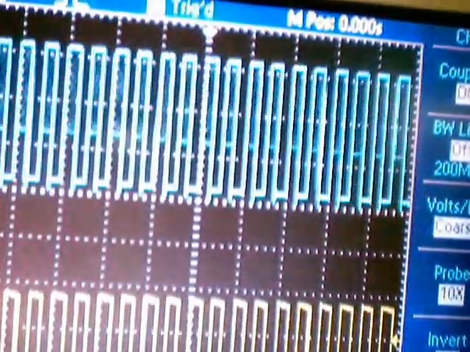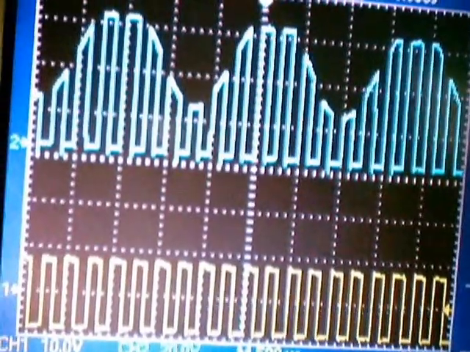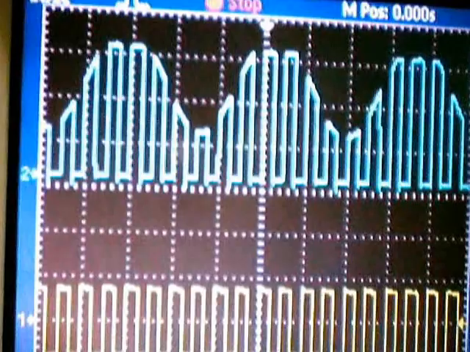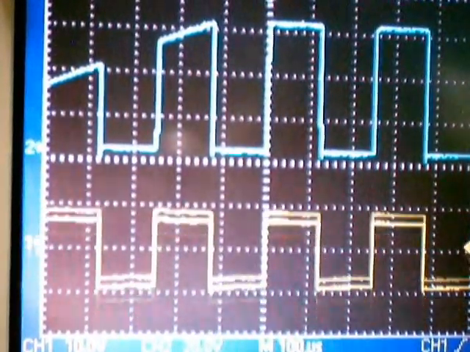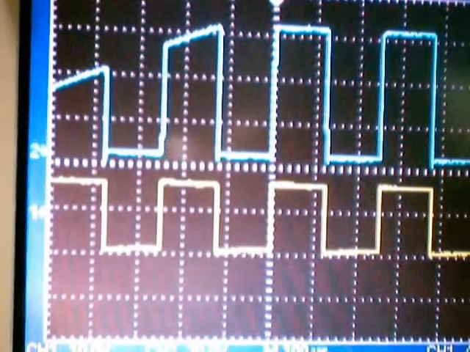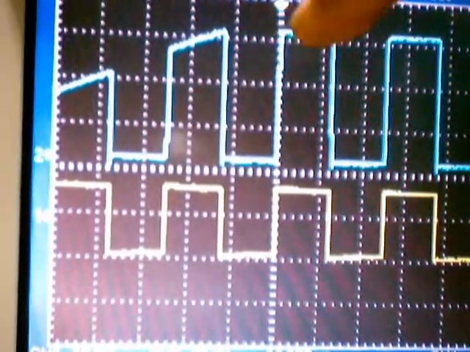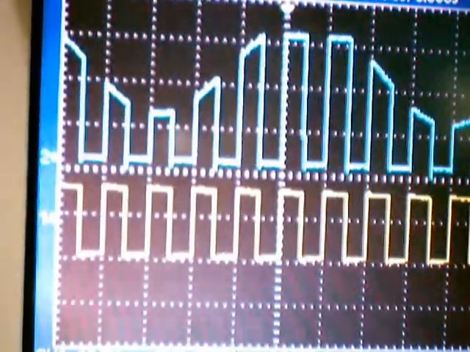Okay, this is the PAM signal. So for the positive half cycle it samples the modulating signal, and for the negative half cycle the transistor is off, so the output voltage is 0. That's what you can clearly see from this waveform. Always it is better to compare the carrier signal with the modulated waveform so that you can clearly verify that during the on period it is sampling, during the off period it is off. Now just do the demodulation.